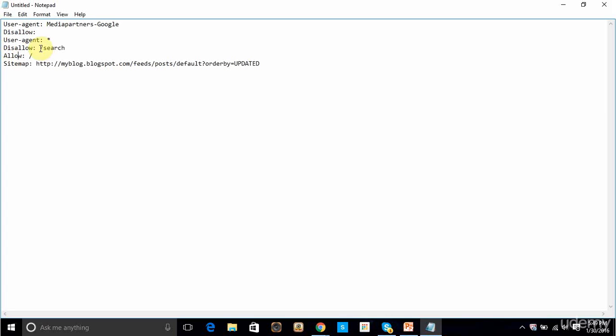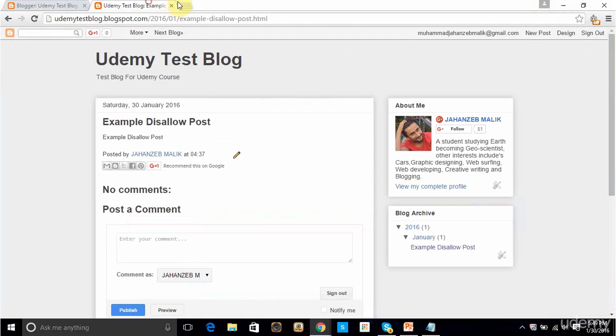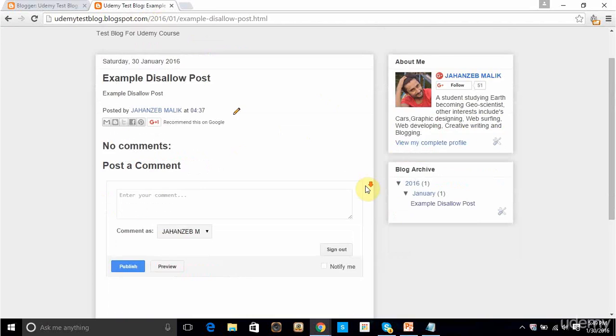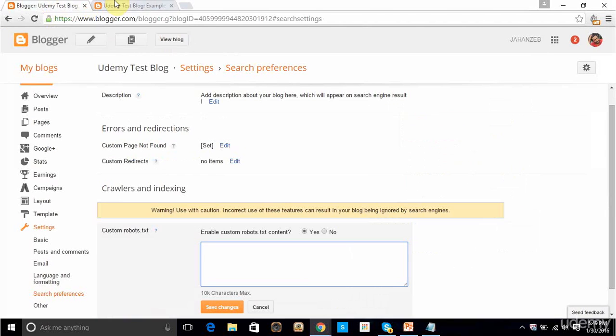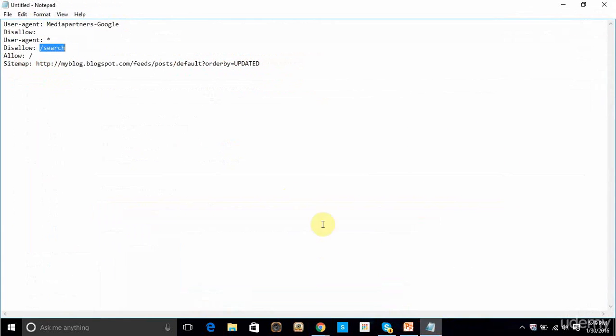In disallow, we are disallowing the search. When someone searches something on our blog, for example, some blogs have a search button like this, the results will appear, which might get indexed by the search engine crawlers, and that might give us a duplicate penalty. So we don't want to allow that. We want to disallow search, and we want to allow the sitemap of our blog. So simply copy this code